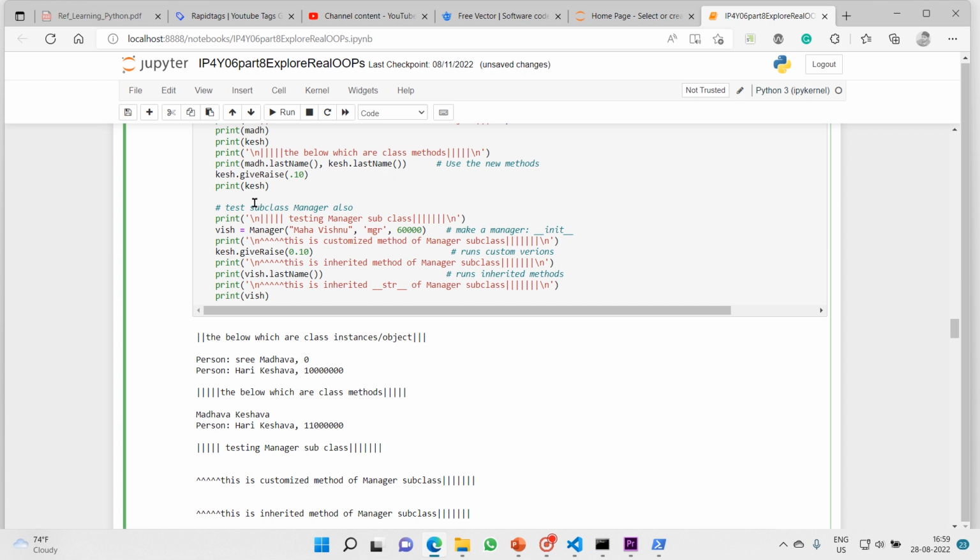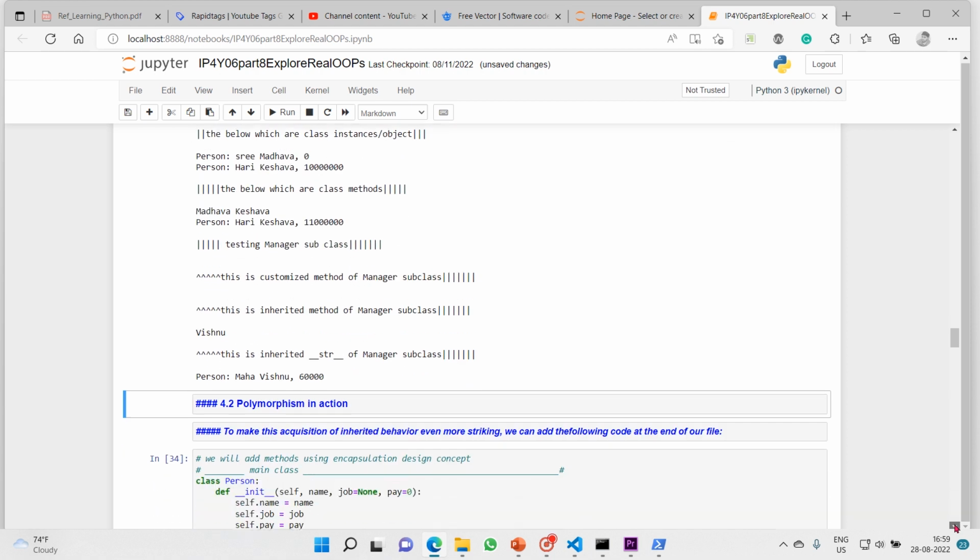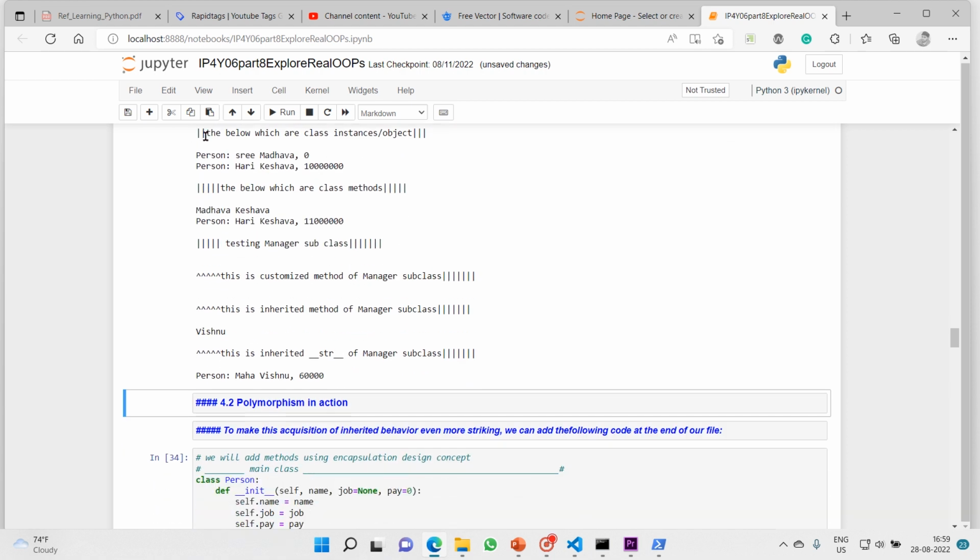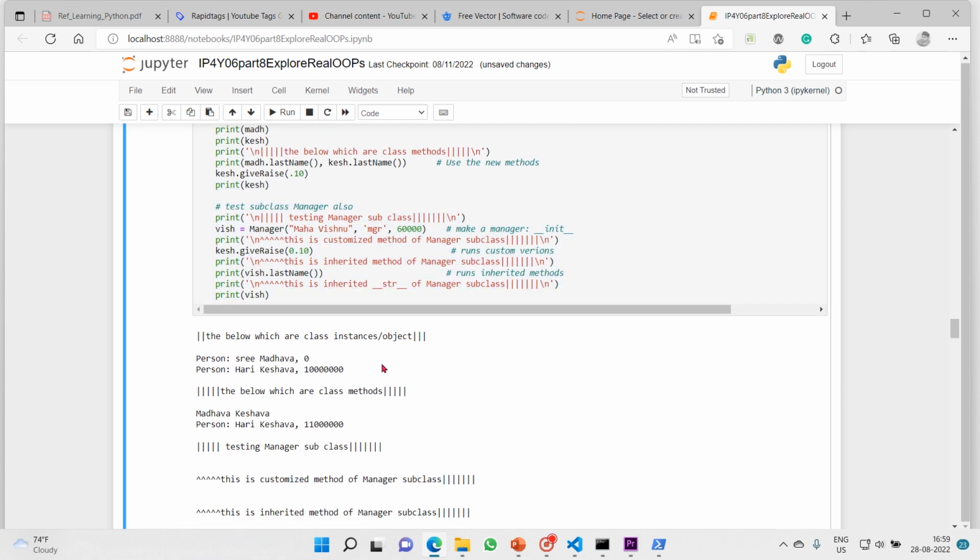As we have written a subclass, first we'll create the subclass object, that is wish. Wish is our subclass object, and then in addition to that, let's print all objects together. So let me execute this and then see, this is my output. The below are class or instance objects.